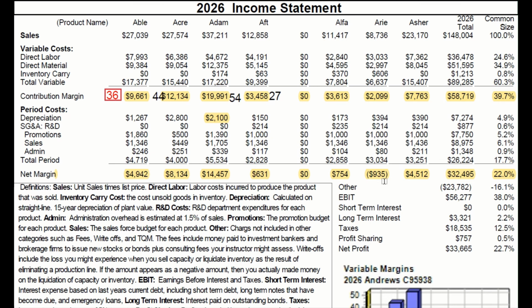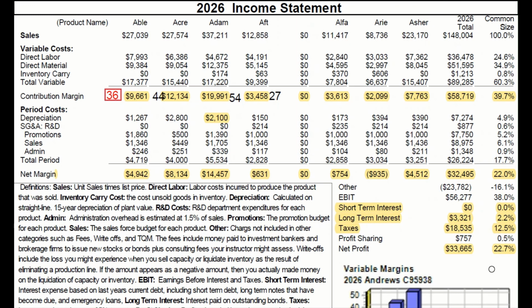Then we come to the third part, and the third part tells us to look at the interest expense that we have. And in this case, you can see the interest expense is relatively low. And again, rationale, I believe we ended up having roughly $120-something million in cash. So Andrews, in this case, decided to pay down not only their short term, but I assume portions of their long term. And then lastly, we have $18 million going into taxes. And so as a result of that, we ended up with a $33 million profit,